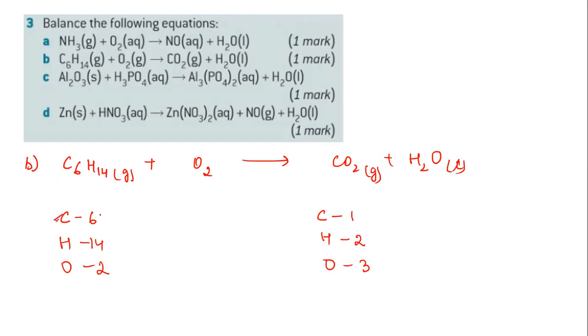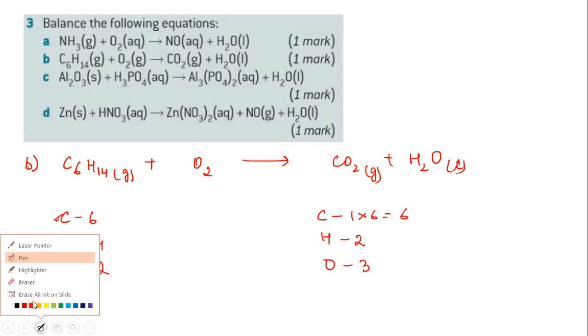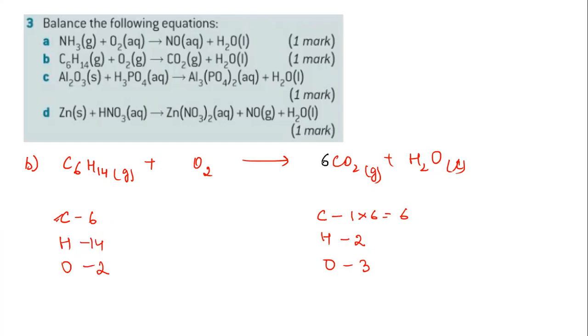So first of all, carbon is 6 there. This one is only 1. So first I multiply by 6, it will become 6. Now go here. You have to write 6 this side. Now if you write 6, it will again change your oxygen part. So it will become 12 oxygen. So 6 into 2, 12 plus 1, 13 oxygen. Clear? So oxygen will become 13.